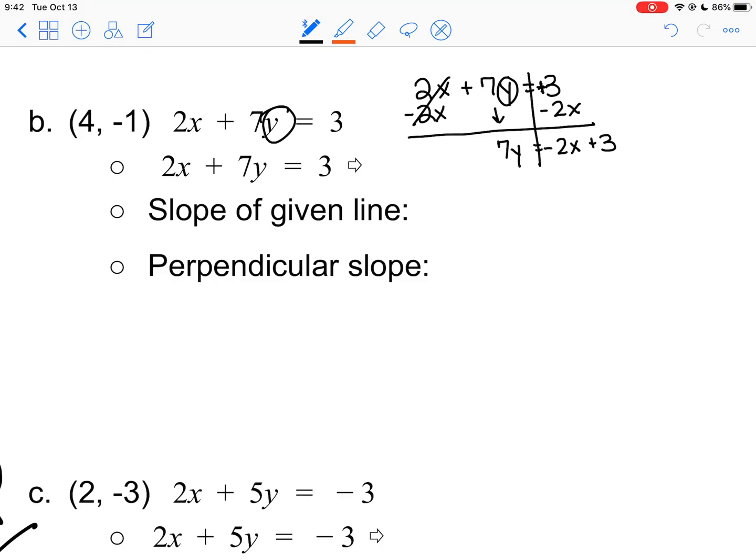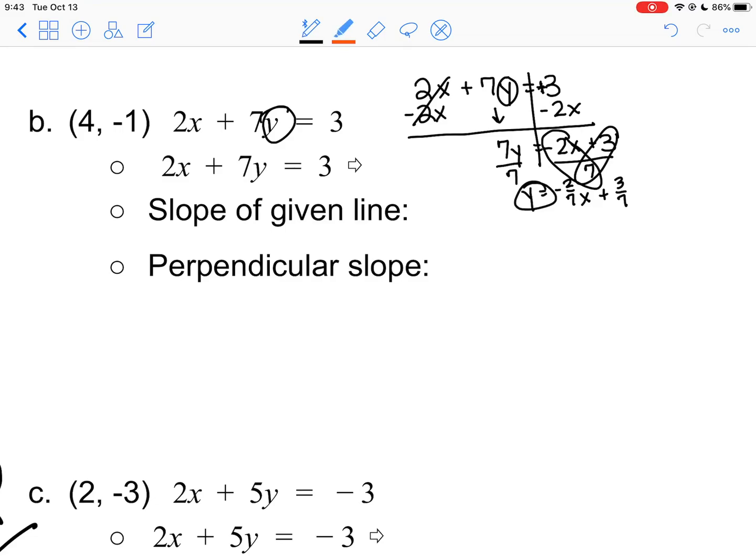All right, so I bring down the 7y, and then I'm going to divide everything by 7. So now I have y equals, and both of those numbers get divided. That's negative 2/7 x plus 3/7. So in this line, since this is the original line, the only thing I care about in this line,